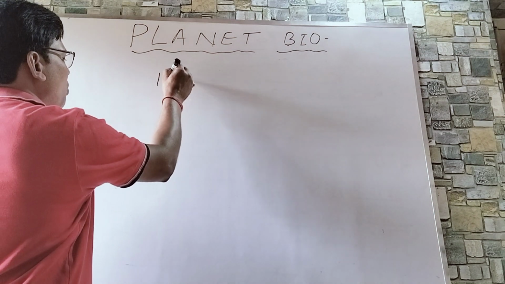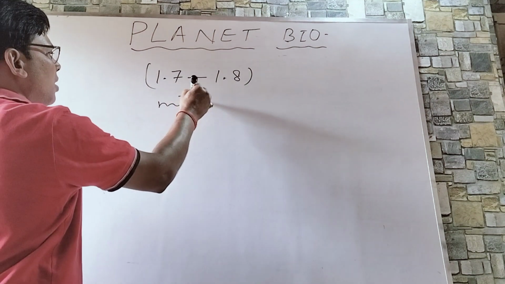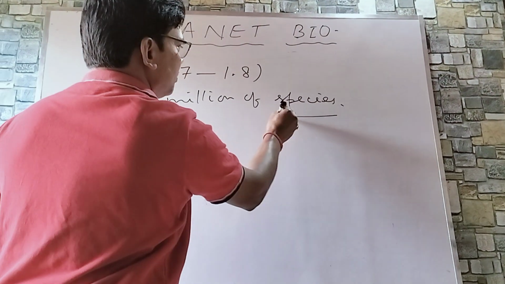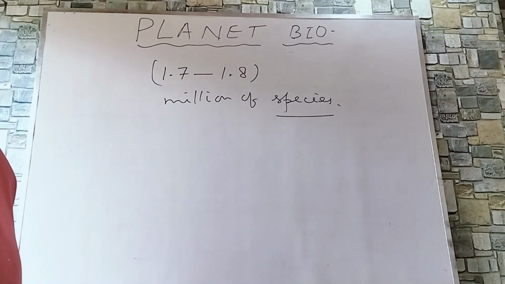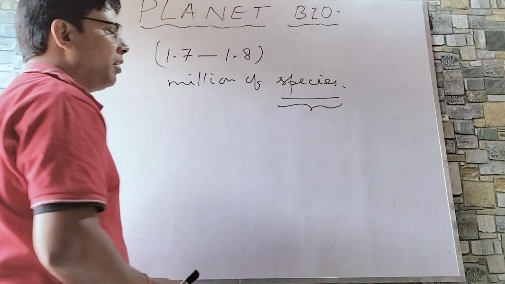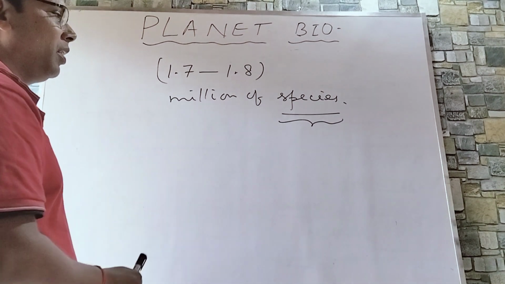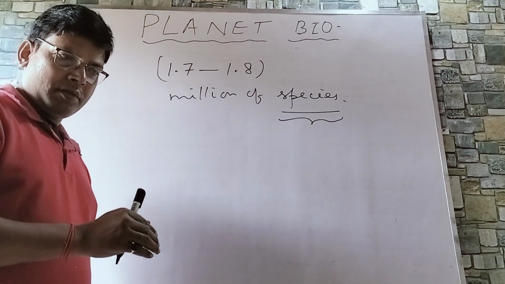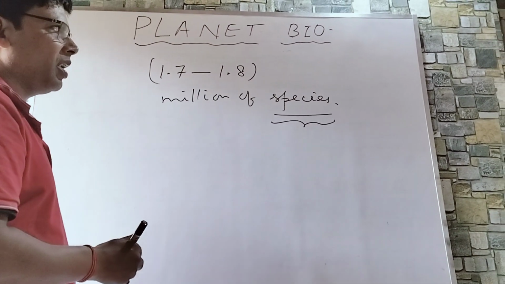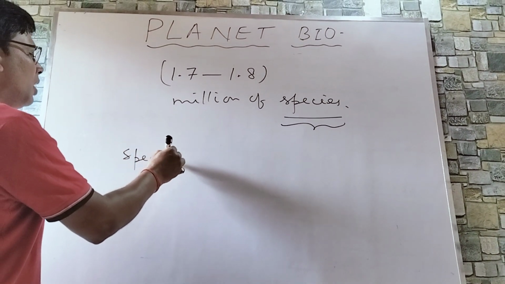Now biodiversity includes 1.7 to 1.8 million of species. Now what do you mean by species? The term species was coined by John Ray, and here we can move from the bottommost level of organization to the topmost level of organization. That means from a species to, we can write genus,